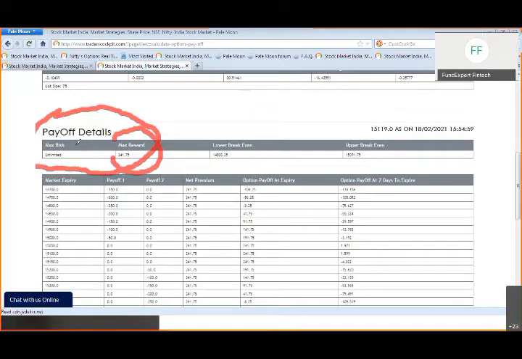That's why be careful. But yes, you get an idea for any sort of strategy you execute, whether you may be executing a bullish strategy or a bearish strategy. It gives an idea on the risk reward ratio. How much is the maximum risk? How much is the maximum reward? That is what it shows you on the page here.